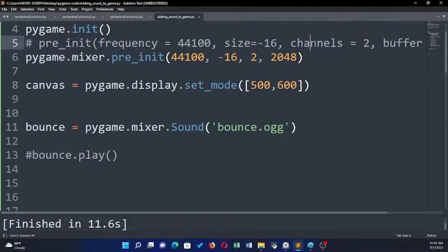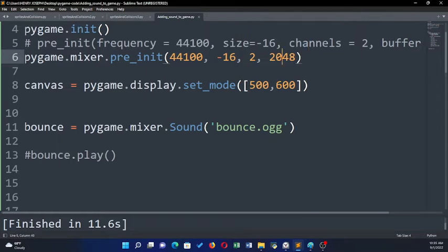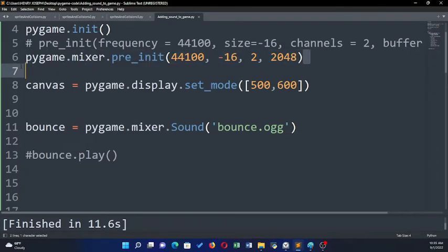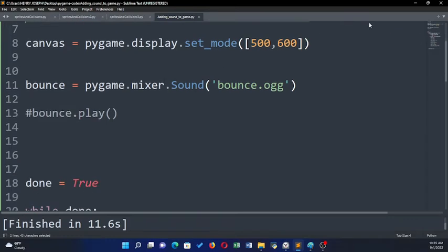This is the size, channels, and then this is the buffer, 2048. Now this one depends on whether you are music savvy and need to know how to adjust different frequencies. But in simple terms, what this does is make the sound somehow better than it would normally sound. And we are going to create our screen